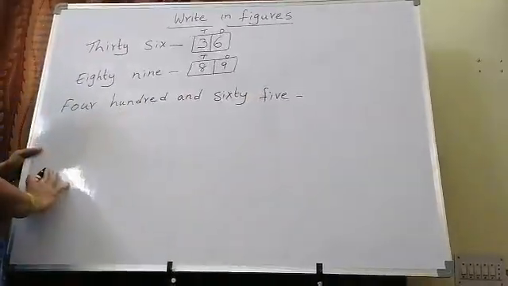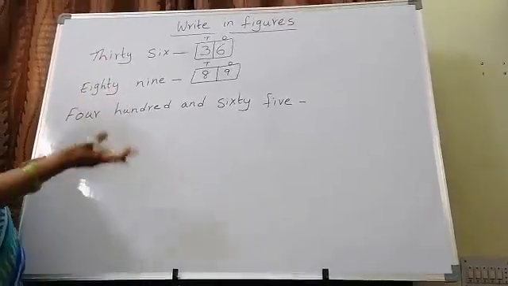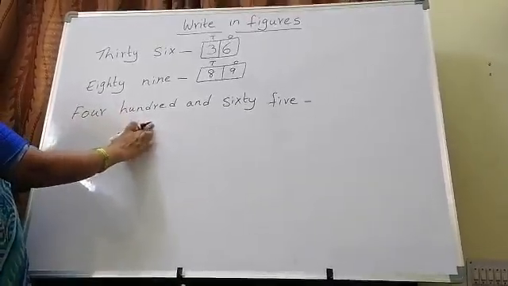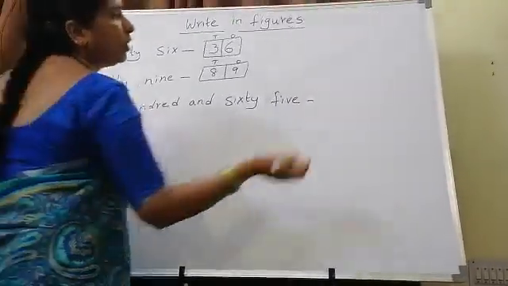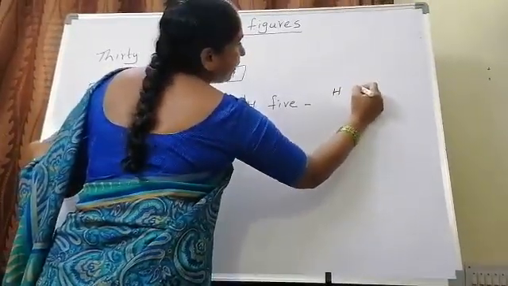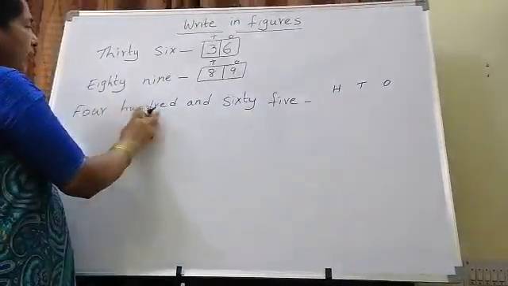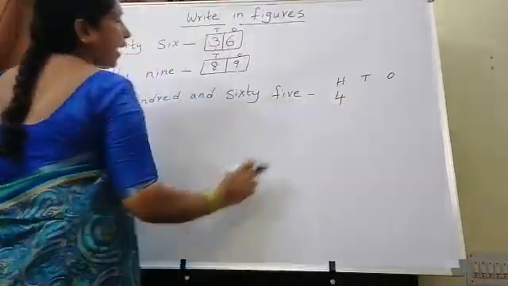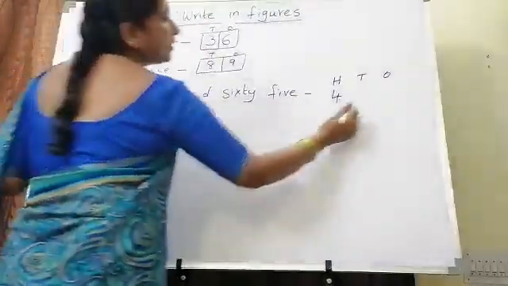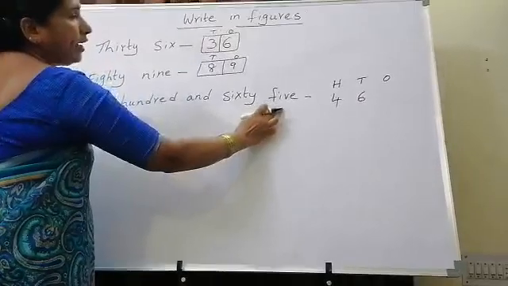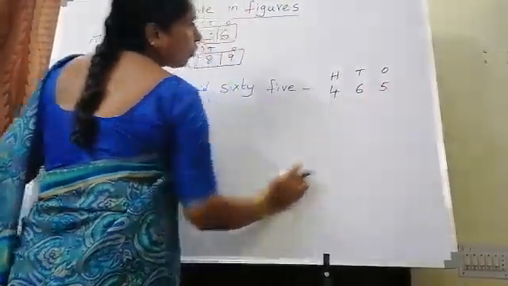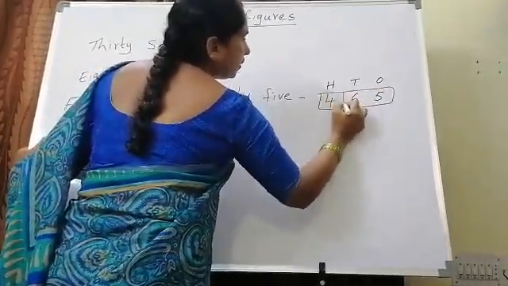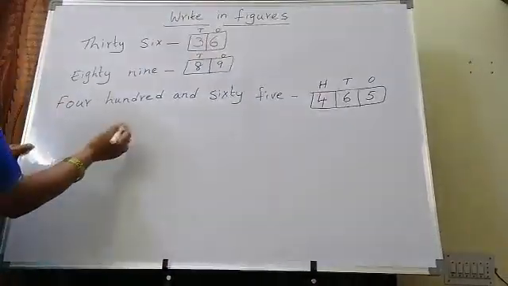465. If you are getting any confusion reading the spelling, first see what the first number is and in which place. So 4 is in hundreds, 400. If you write the place values, it will be easy for you. You can write the place values first also: hundreds, tens, ones. Here 4 is in hundreds place, so 400. And tens, 6 tens, 60. And 5 is in ones place. So 465. Again you can write these in one box.